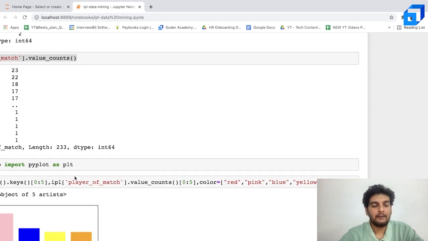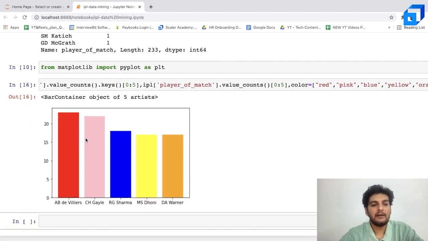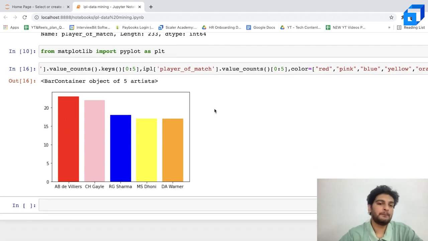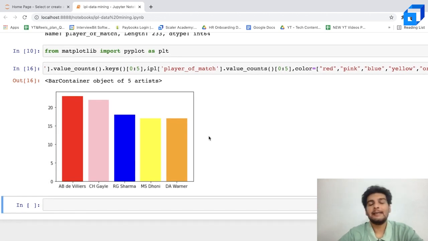Now, if I run this, you will see that I have different colors for all of these different bars. So this red colored bar indicates that the player is AB de Villiers, pink colored bar indicates that the player is Chris Gayle, and so on. So folks, we've done basic data mining with the help of R language as well as Python language on top